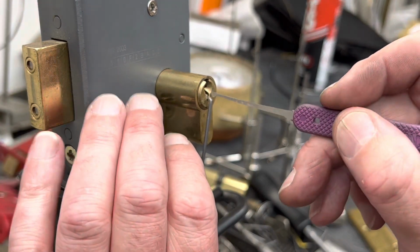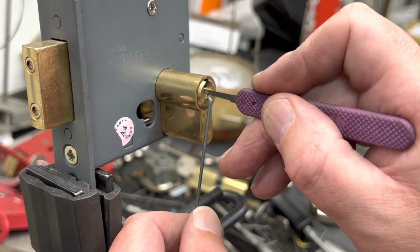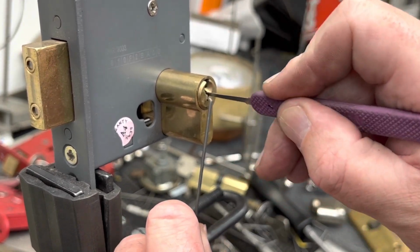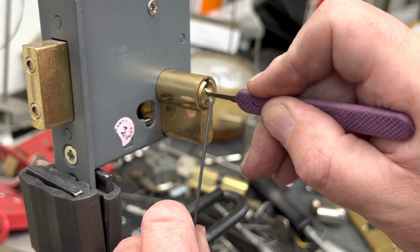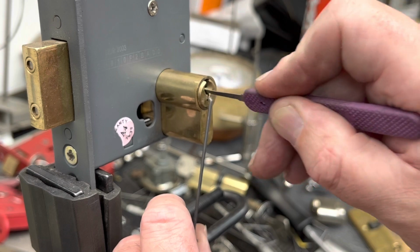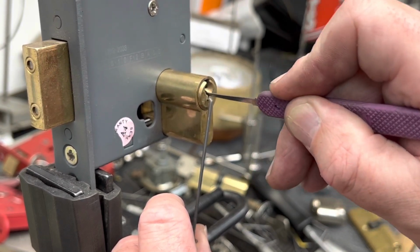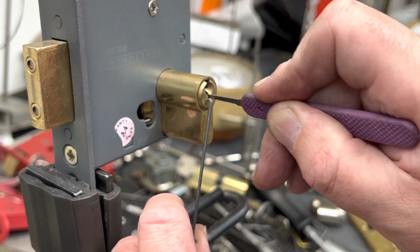So what we're trying to do, we want really light tension on here. You don't want to be grabbing it tight. And all I'm going to do is brush. I know there's spools in here, but it'll find them for me. I'm just balancing that really on my thumb. You change your angles a little bit. And as soon as you start to get a turn, or you feel a real stiff pin,